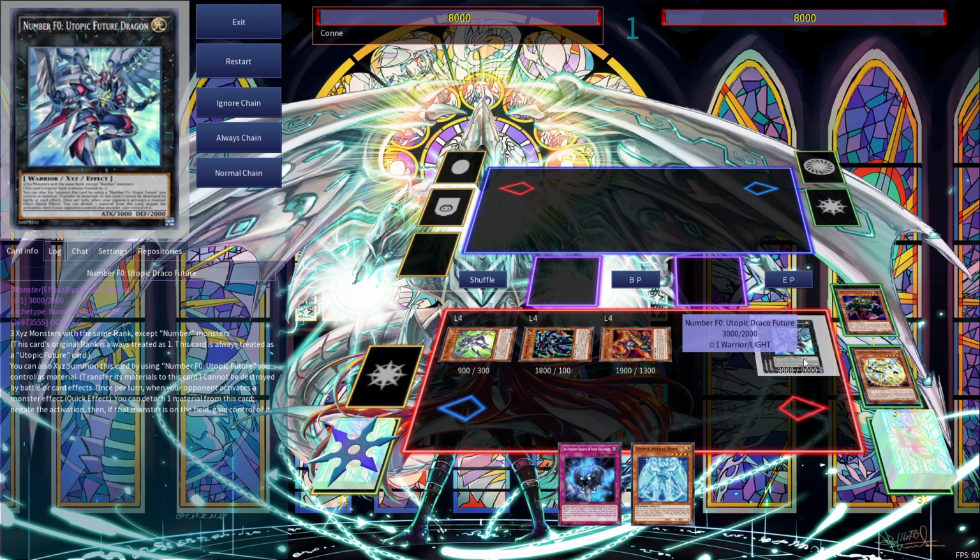Utopic Draco Future, there we go. This is already an Omni Negate for monster effects. And also if he activates an effect on board, this card takes control of the monster if it wants to. And it's not going to go back, and we can use the effects and attack and everything. And it also has destruction protection, like from battle or card effects, so he needs to actually maybe targeting banish it or targeting bounce it